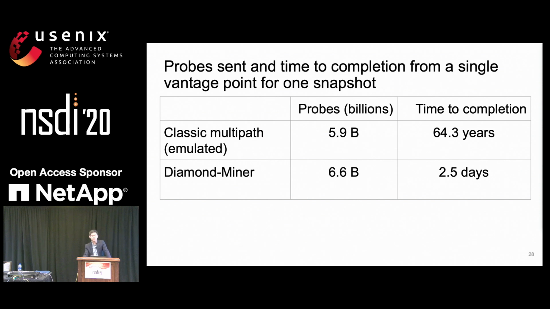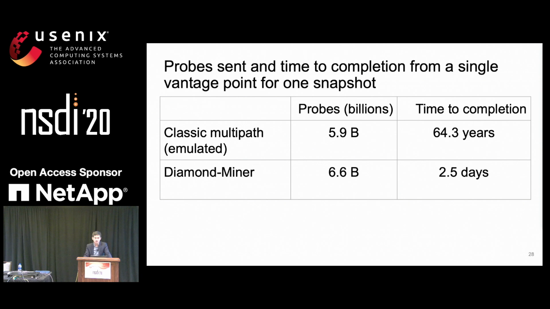The second result shows the trade-off between the overhead in terms of probes compared to the time of completion. This result is pretty striking because we see that for 12% more probes, we can dramatically reduce the time to completion, going from 64 years to 2.5 days. The 64 years estimation is based on a calculation that we made given the most recent survey of IP load balancing that we made in the last IMC 2018 paper over